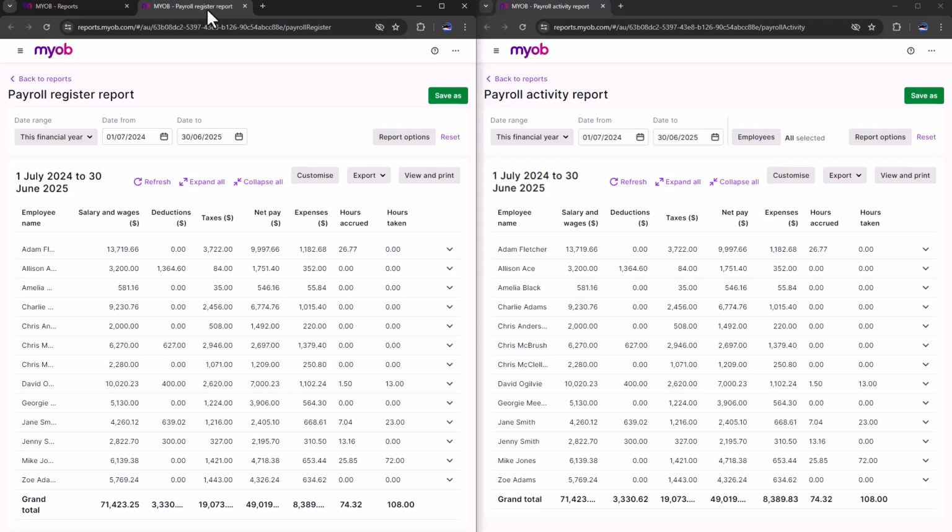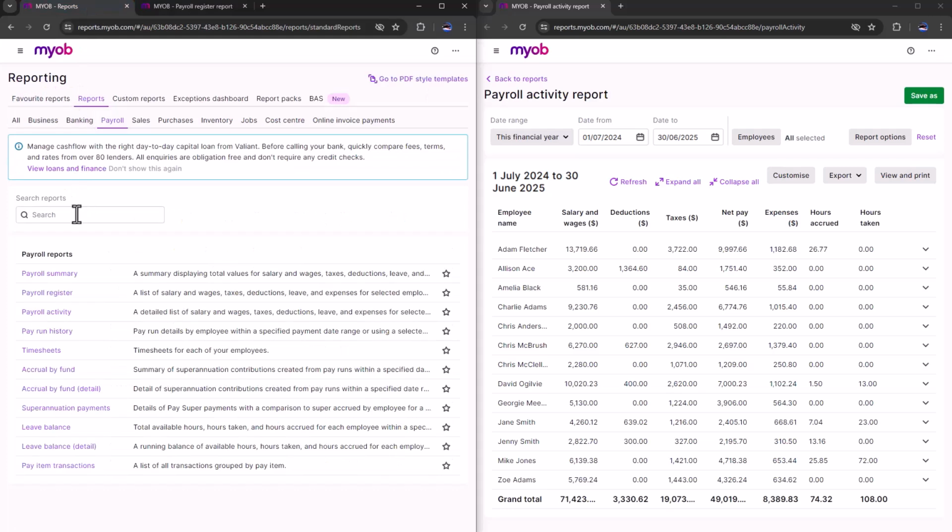If this isn't the case, their pay history may have been incorrectly changed, and this needs correcting. You'll need to identify which employees are impacted and then fix their pay history. Both reports match, so let's move on to checking the amounts that have been reported. Run the Payroll Summary Report from the Reporting menu.